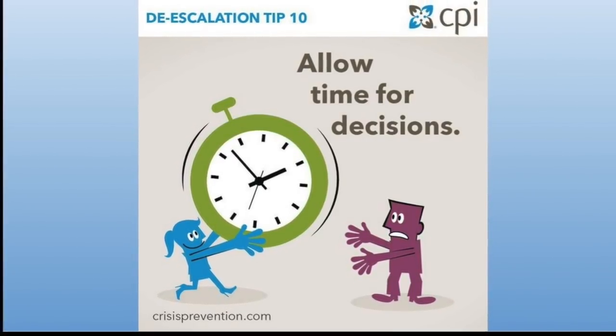But our kids, when they're losing rational thinking, when their brains are in that downstairs brain, when they're just in survival mode, they're not thinking about higher level concepts. They're not thinking about everything you're saying and how it's going to apply to their life. So when you are talking to a student who's starting to regain rational thinking, you're giving them some time for silence, you're giving them some time to reflect and to think about what they're going to do next.